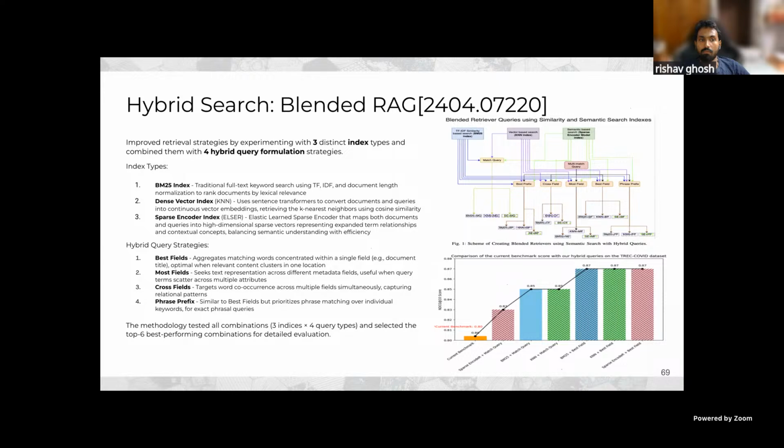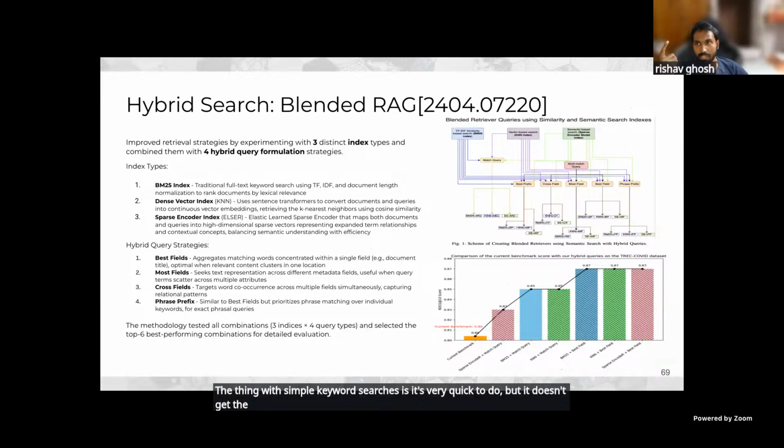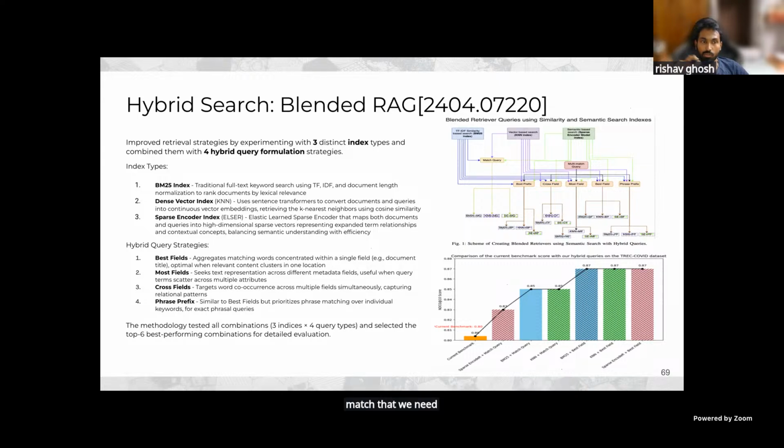The number one is where 3 different kind of index types have been used. One is BM25 index, which is what I was talking about, simple keyword search. The thing with simple keyword search is it's very quick to do, but it doesn't get the exact semantic match that we need. So dense vector comes and really helps with that.